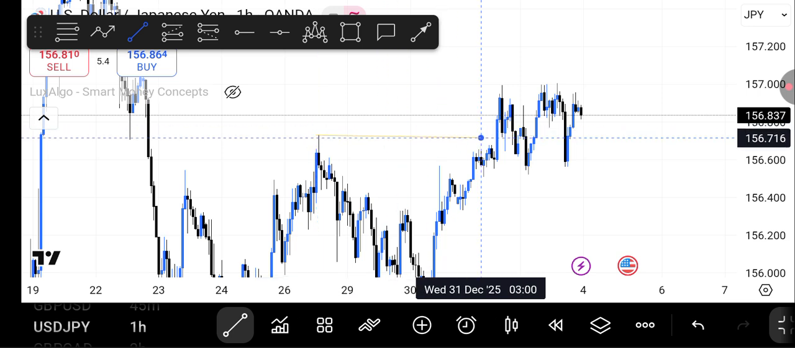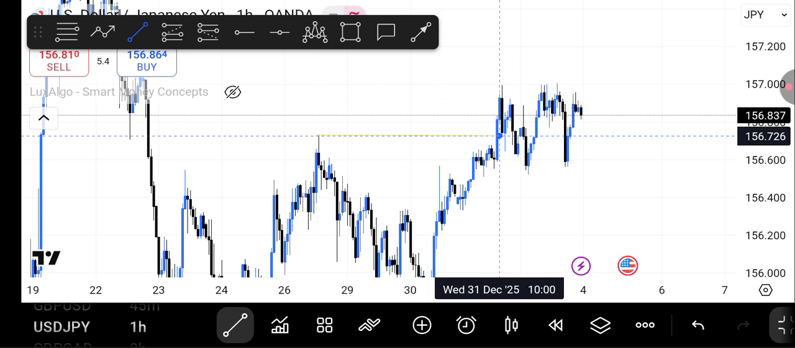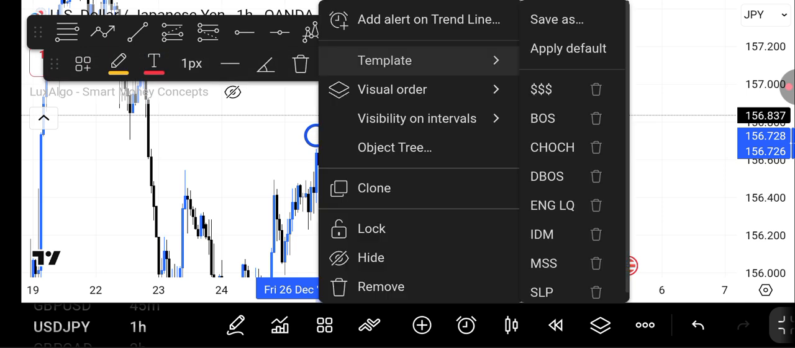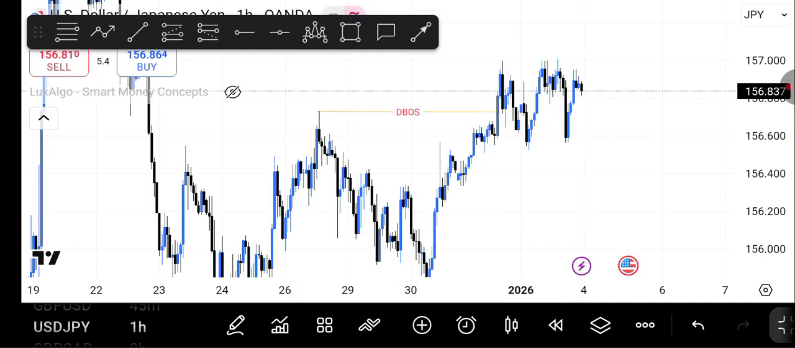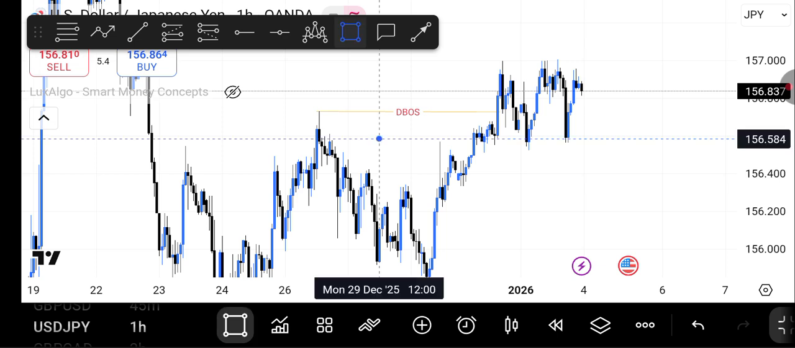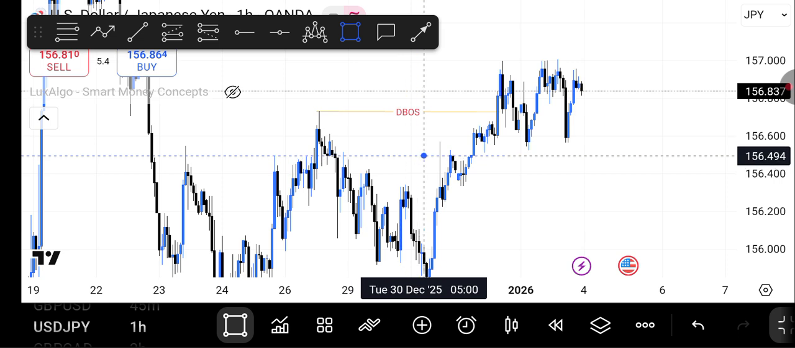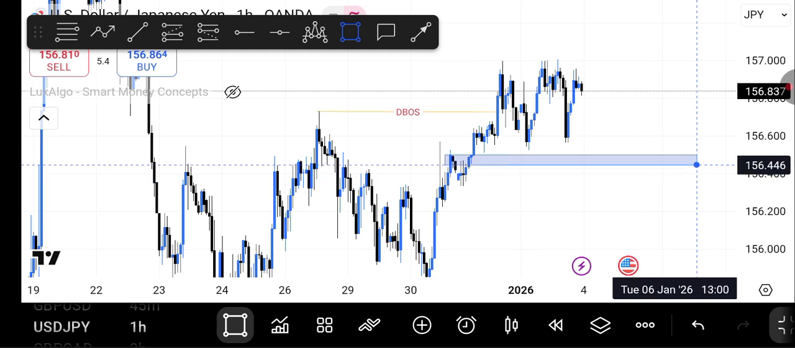I could use this as a double break of structure here, if I'm not mistaken, right? I could use this as a double break of structure, but it's not clear to me, and I'll use this. See, this was already mitigated, so I'll use this breaker, right? This breaker,